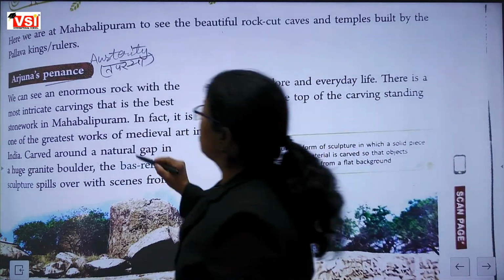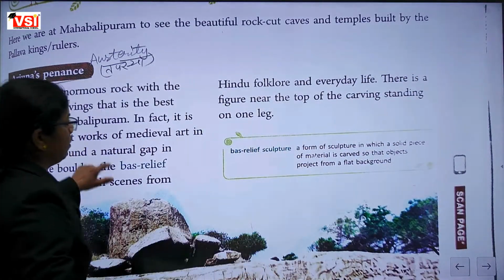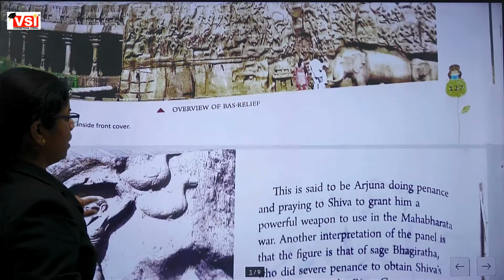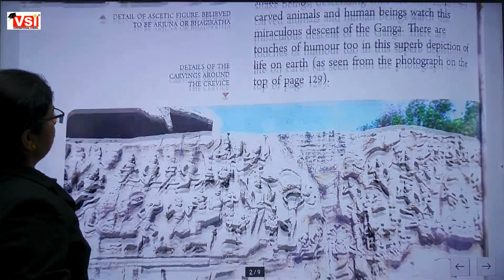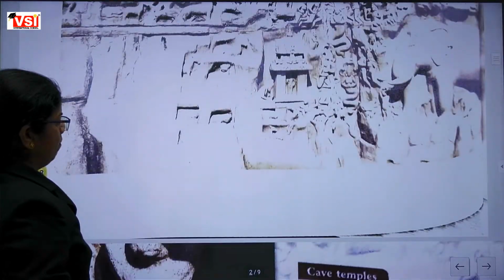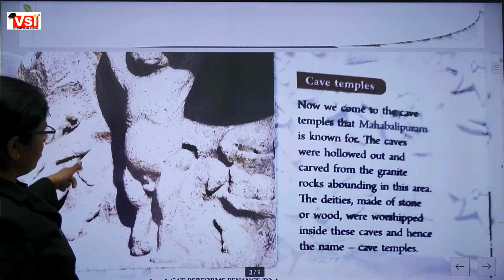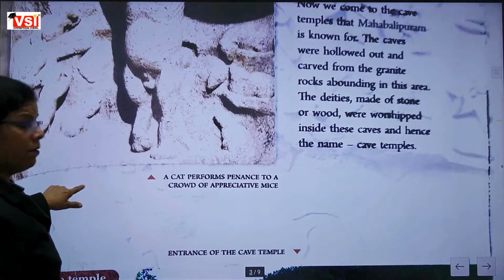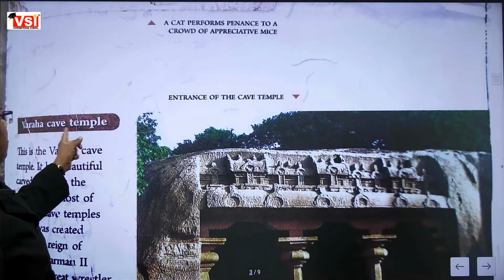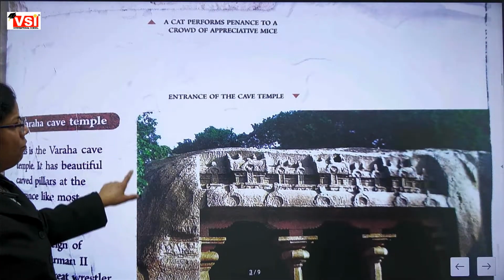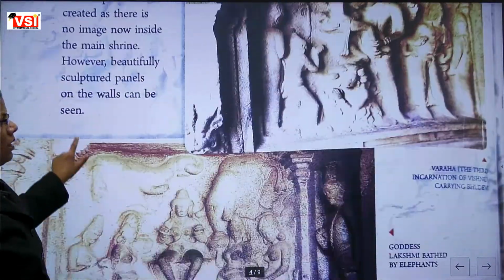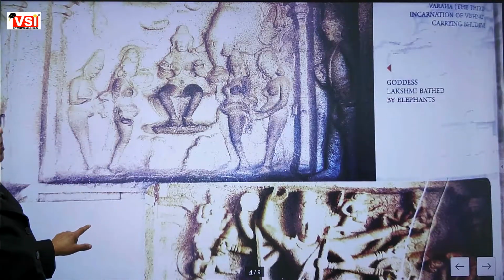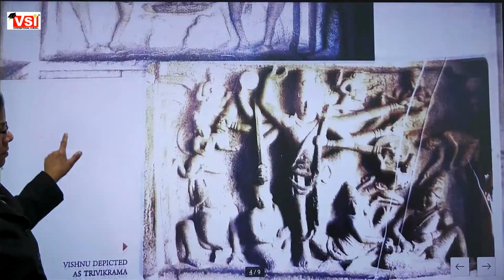First one was Arjuna's Penance, that we have learnt about. Then second we have learnt about the cave temple. Then we read about the Varaha cave temple. Yesterday we talked about the Varaha cave temple. Now we are coming to the next structure, and that is